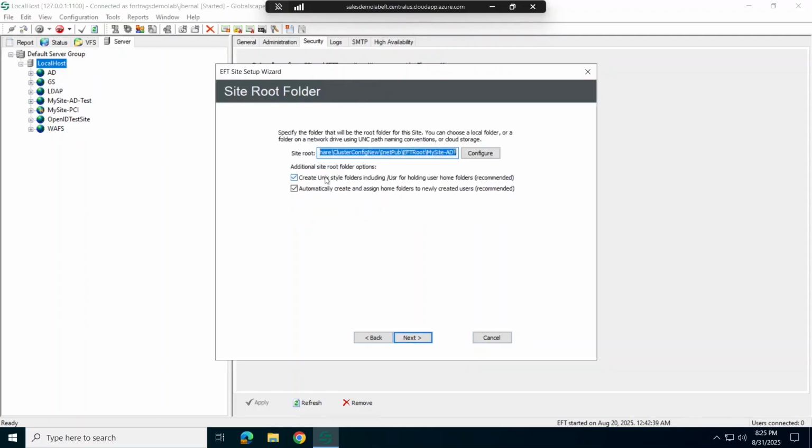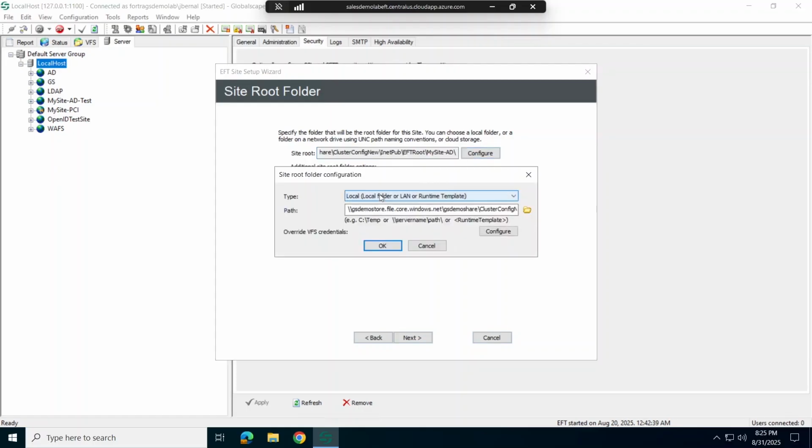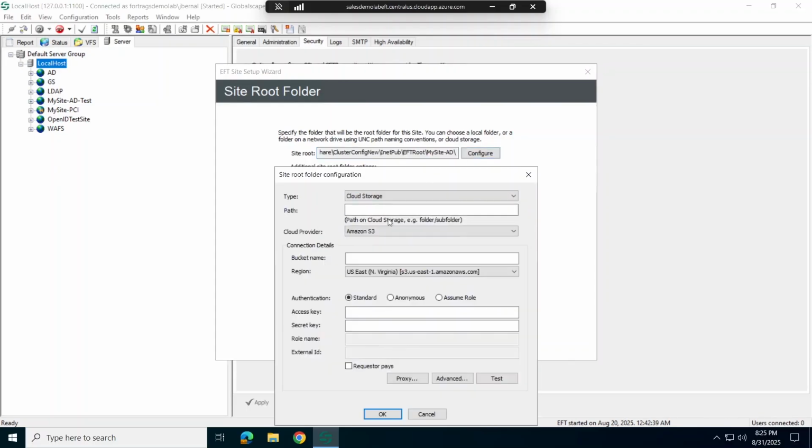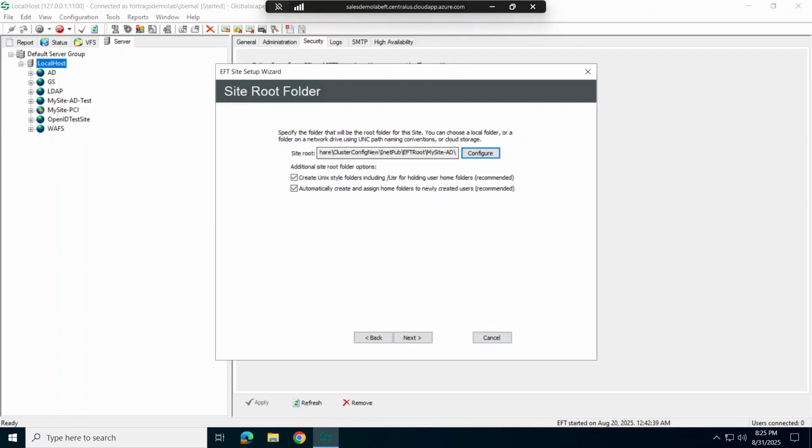Next, this page allows me to configure where the site route is going to be stored. I can store it in a UNC path. I can store it in a physical drive letter. If I have the Cloud Connector module, I can push this into cloud storage, S3 buckets, blob storage, ADLS Gen 2, Google Drive, or even Google Cloud. But for the purpose of this video, I'm just going to take the defaults, which is my site route on